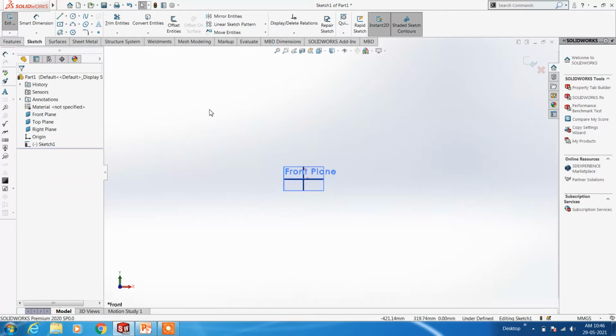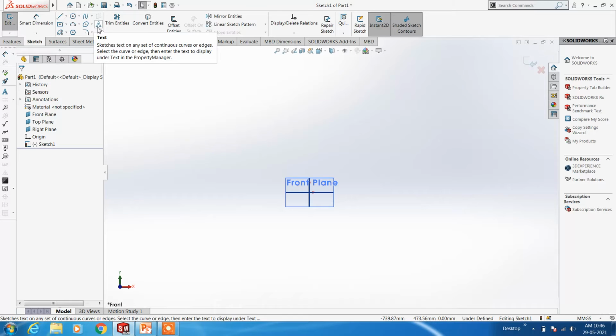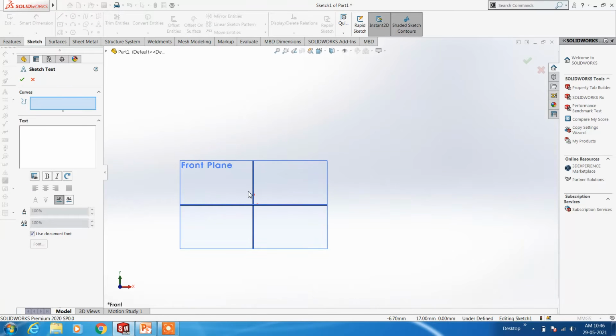Next we move to text, adding text. Add any text. Select this one and you can make it bold or italic. Whether you want this side or this side, you can switch over.